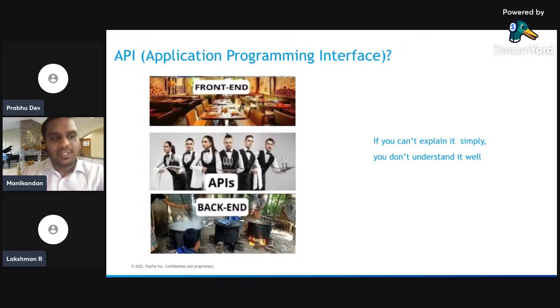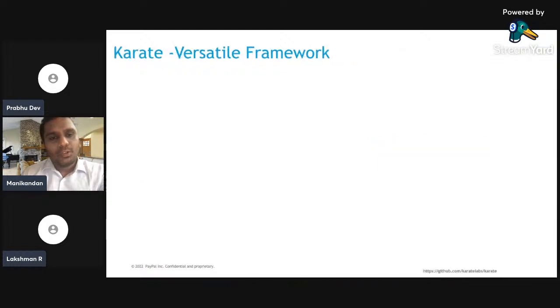Application programming interface, that's what API is. It's a software intermediary that handles the communication between two software systems. Hope you are able to understand the explanation of the API. Here I want to relate the Einstein quote: if you can't explain any topic simply, you don't understand it well. Hope you got the explanation of the API.